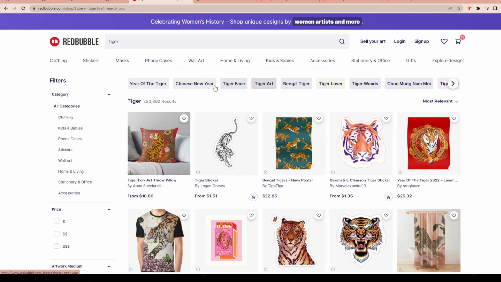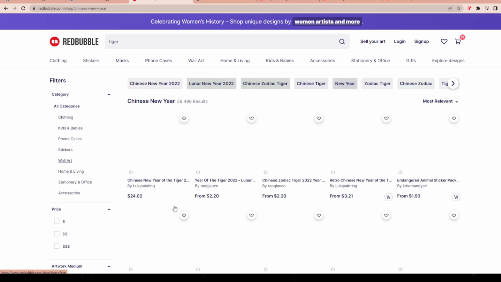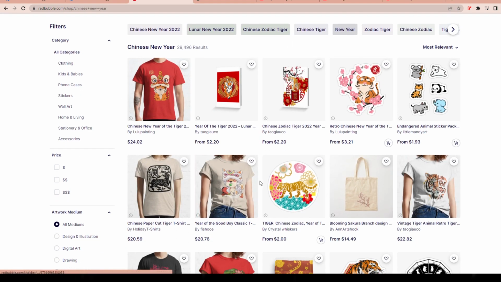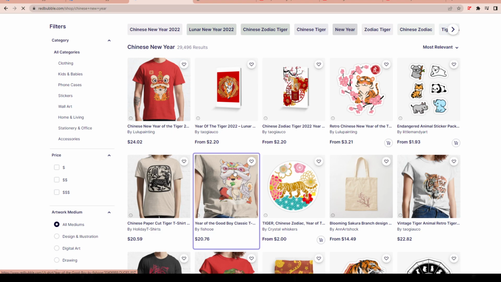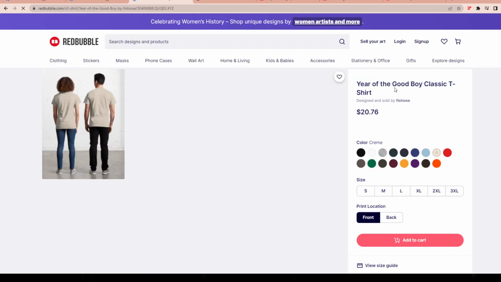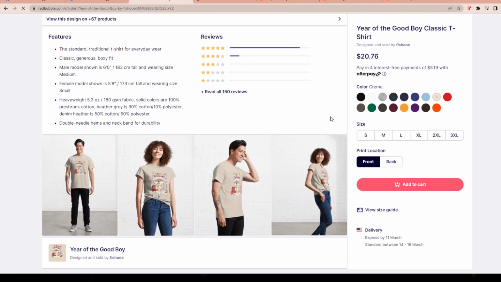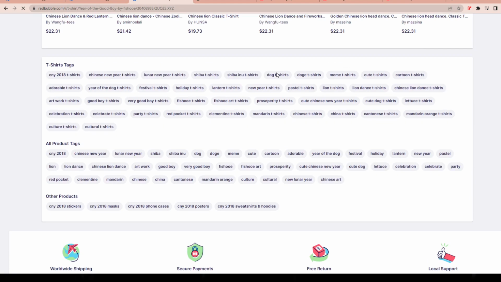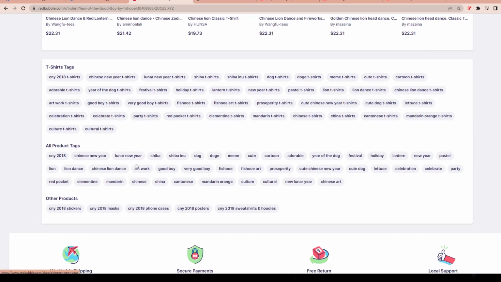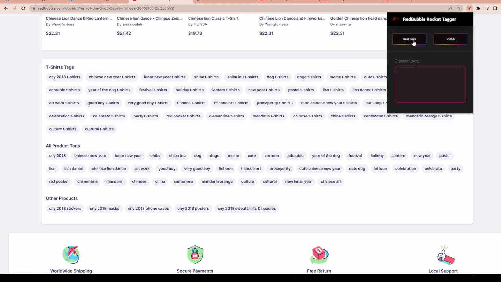And let's pick this Chinese New Year one, okay? And let's pick this design. This looks pretty cool, right? So, Year of the Good Boy Classic T-shirt, okay? And so we're going to have our list of tags here. There's a lot here, and I can't really copy any of these. So what I could do is go over here, and this is a huge feature, just